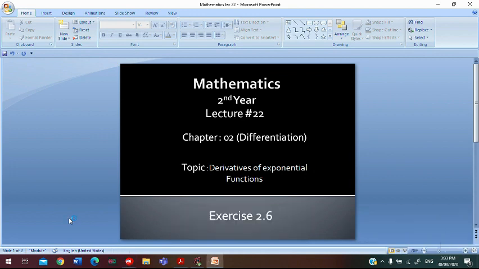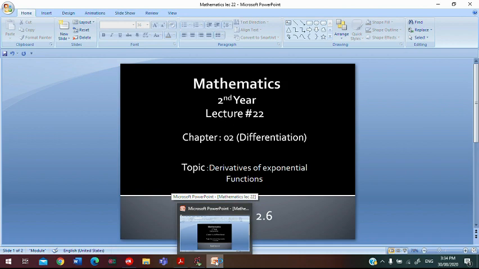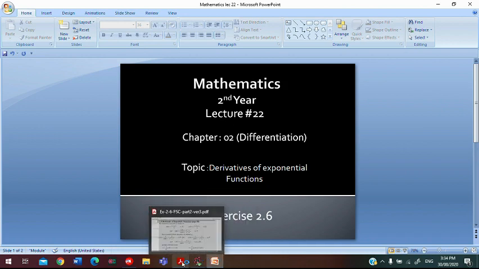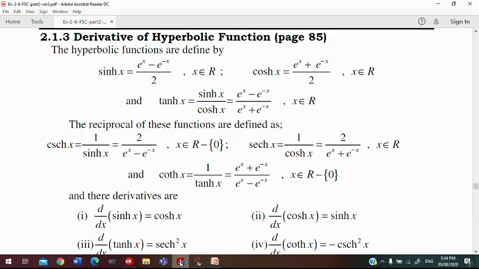Bismillahirrahmanirrahim. This is our lecture number 22, chapter number 2 about differentiation, and today's topic is the derivative of exponential and hyperbolic functions. We are continuing with exercise 2.6. Now you can see the derivative of hyperbolic functions. Kindly open your books and see page number 85, in which the topic is given, the derivative of